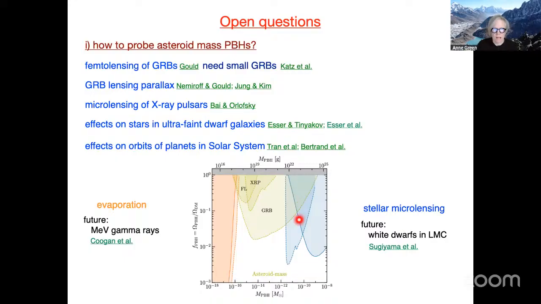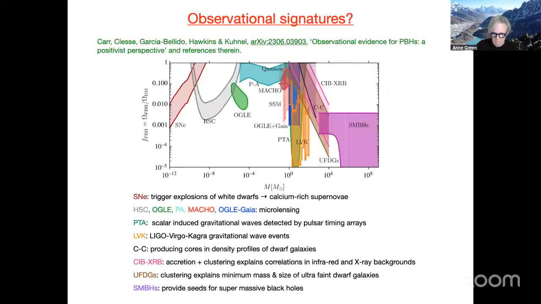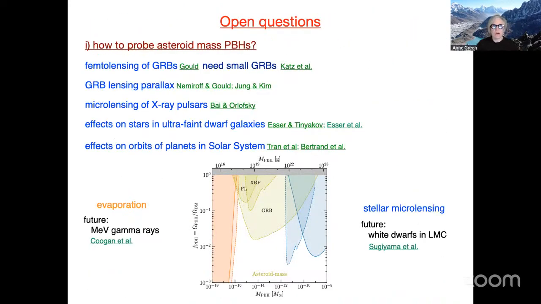And those latter two ideas haven't yet made it into this plot, which I should have mentioned earlier, that I made using Bradley Kavanagh's PBH bounds code. And if I go back to the slide, it's available on GitHub, so you can go there, make your own plots, and choose what you're showing and how you're showing it. So there are some ideas, there'll be difficulties working out details, but we do have ideas for probing asteroid mass